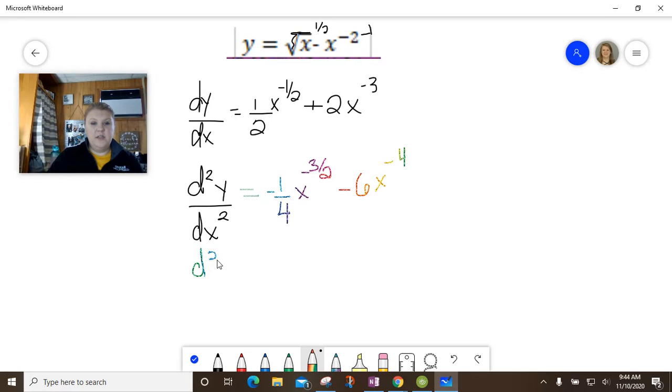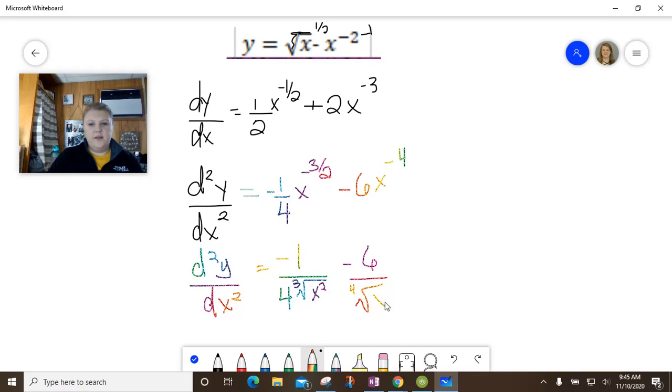So my second derivative is going to be negative 1/4, and you can write x to the 3/2, or remember that's just the cube root of x squared, minus 6/4th